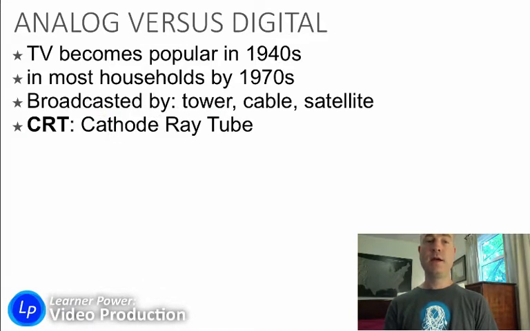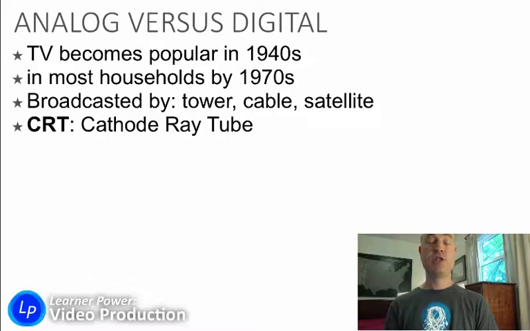Televisions, until pretty recently, were powered by a CRT, and that is called a cathode ray tube. And that CRT goes all the way back to the invention of television. It is the way that the picture is projected onto the screen inside of the television. Traditional CRT televisions are very big, very heavy, very bulky. They have a curved glass front, and they're somewhat square.